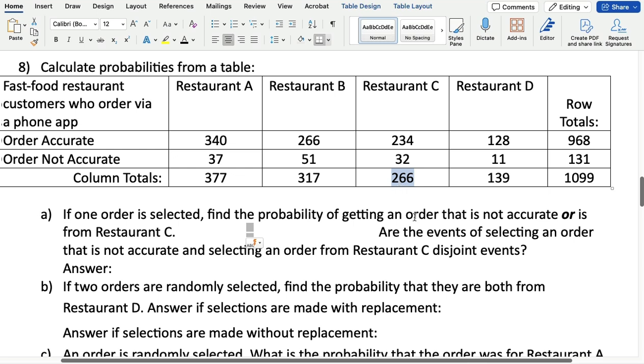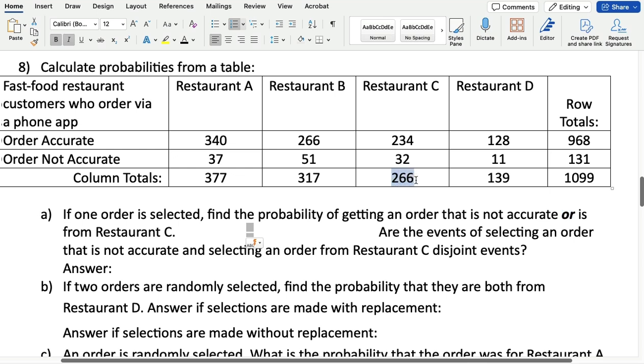And then it says not accurate. So the not accurate ones are over here, 131. Because of the "or" statement, we are going to be using the addition rule. Okay, we're going to be using the addition rule. However, we need to know that